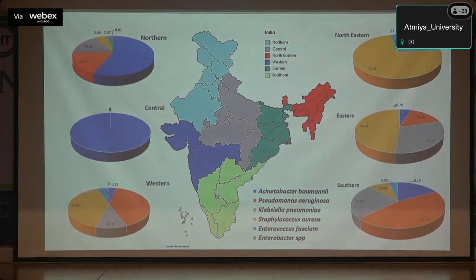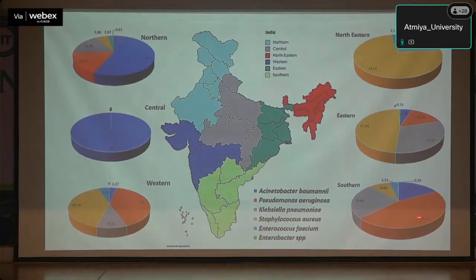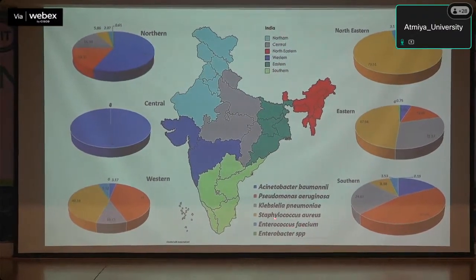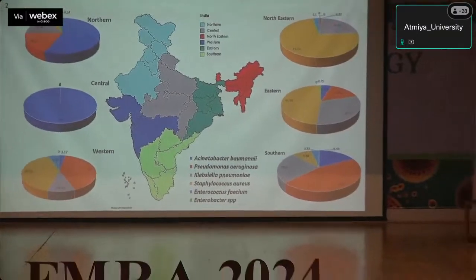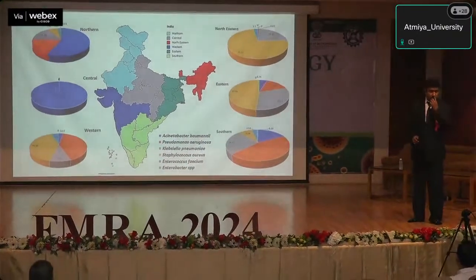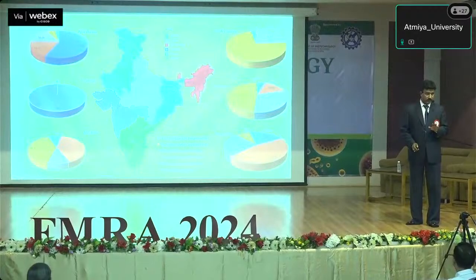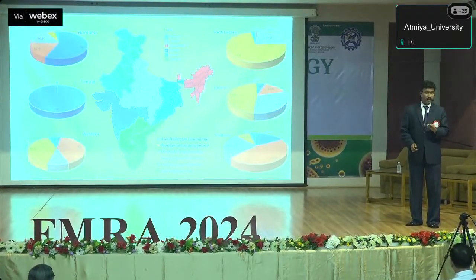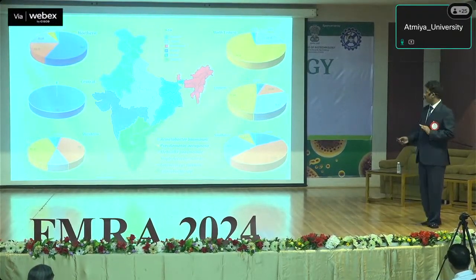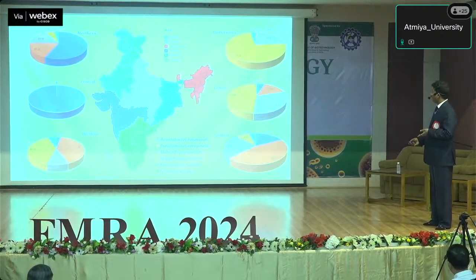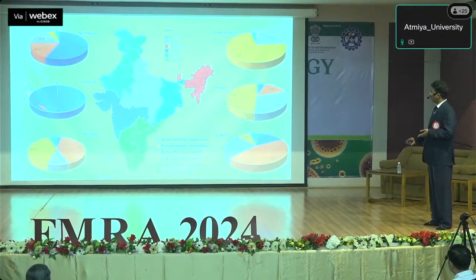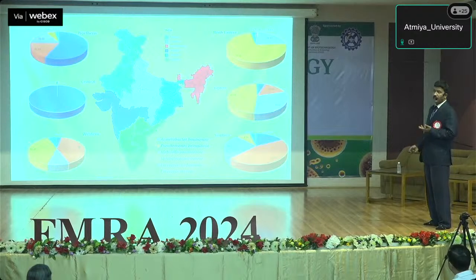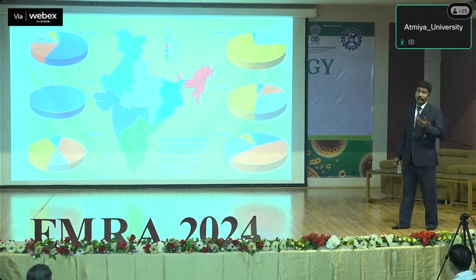While if you come to the southern part, almost close to half are coming from Pseudomonas aeruginosa. So there is a dramatic difference, right? Both of them are aerobic pathogens, but they don't behave the same way, neither do they cause similar types of infections at the infectivity level. While when you come to the west part, almost 100% of infections are coming from Acinetobacter, and it is probably North